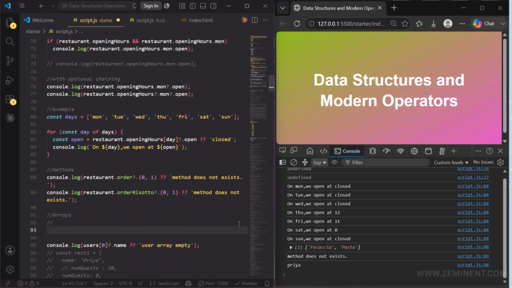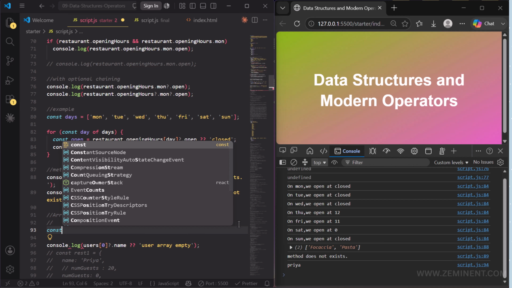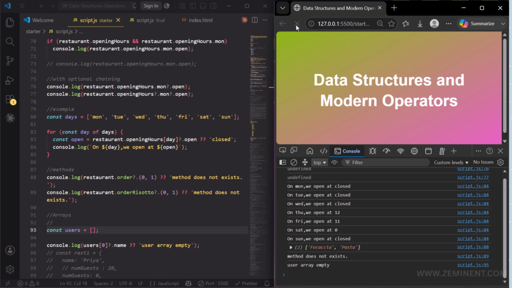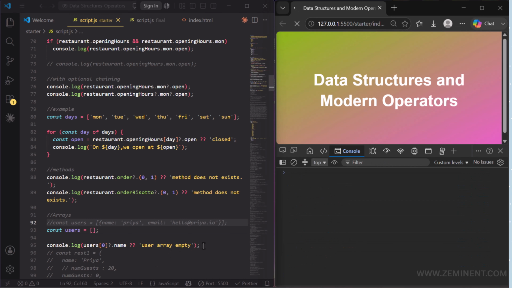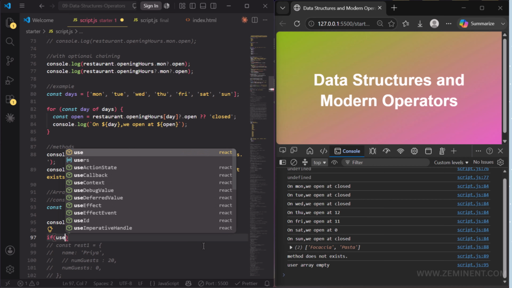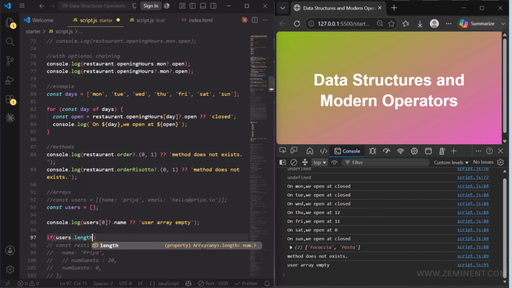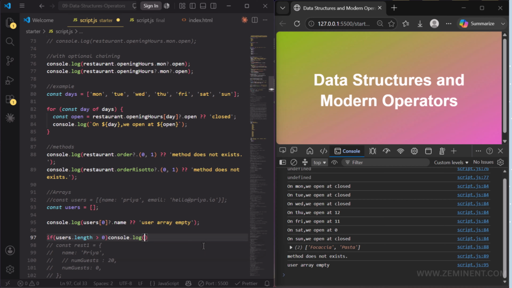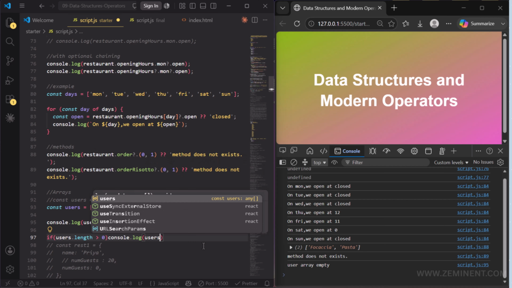Let's see the result. It uses an if statement. If users dot length is greater than 0, then console dot log users of 0 and name,